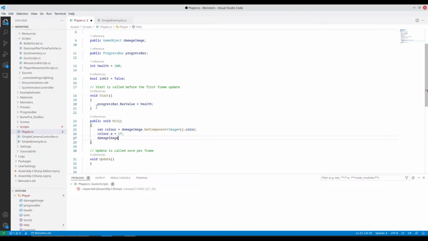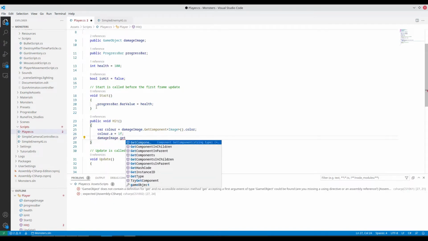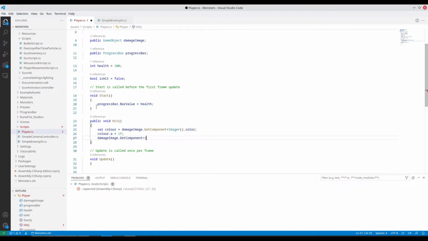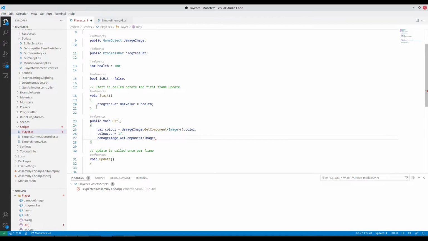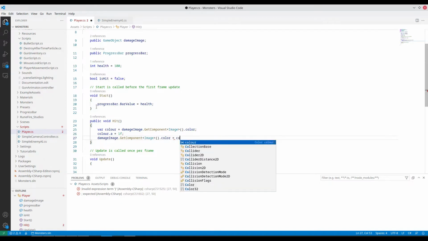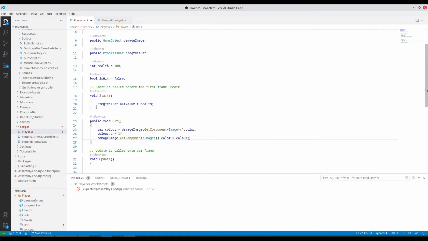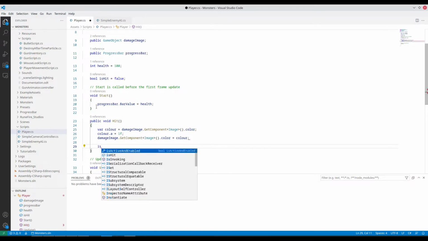Well, not at this point, after this line it will be completely visible. Image color equals my color variable, and we will set our flag is hit to true,